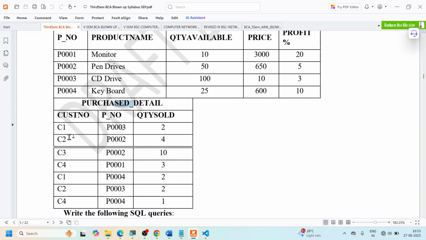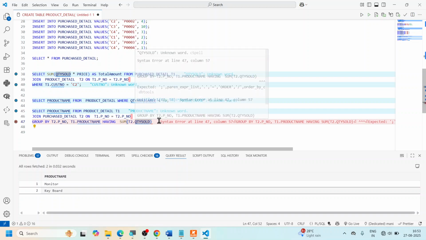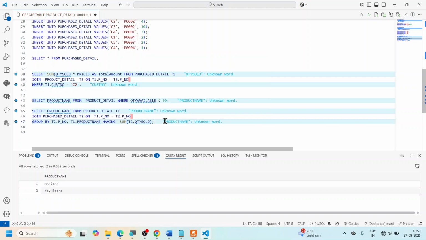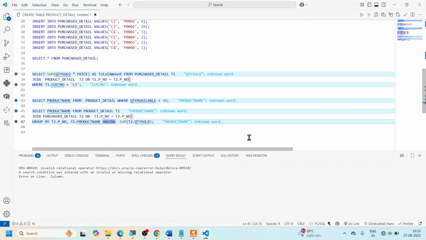That is why you have to use a T2. So let's look at this one, whether we are getting anything for this. If you're getting, then we will have the